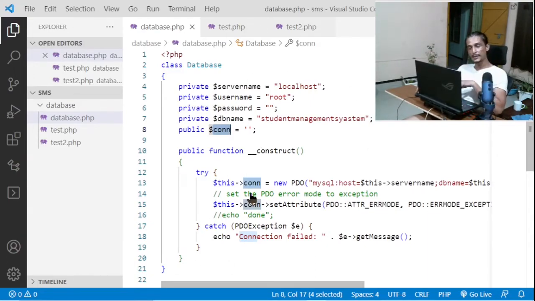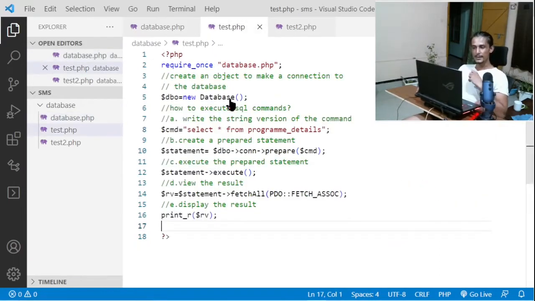And how do we reuse this code? Say, for example, we have another file like test.php where we want to execute a SQL command. Then what is the first thing that we have to do? We have to create the connection. For that, we'll be creating an instance of that class, and then executing the command. It has these following steps. First, you write the string version of the command. Then you call this prepare function to create a compiled version of the command, and that compiled version of the command